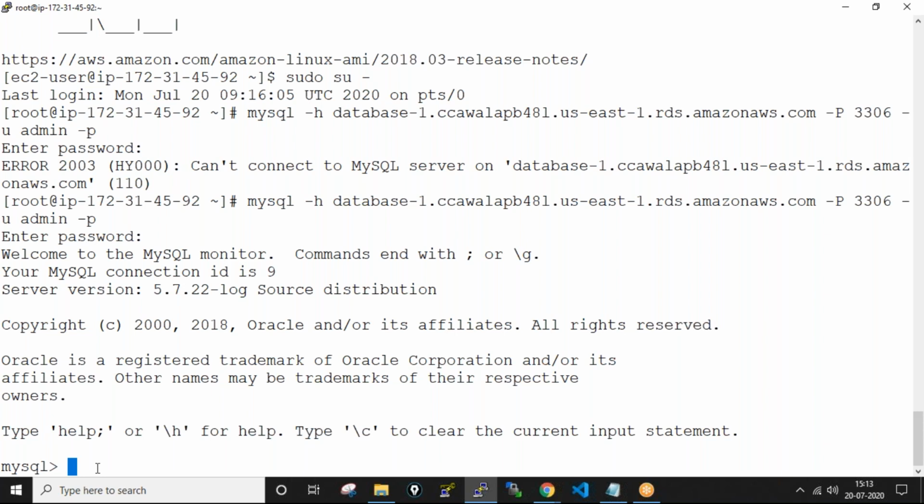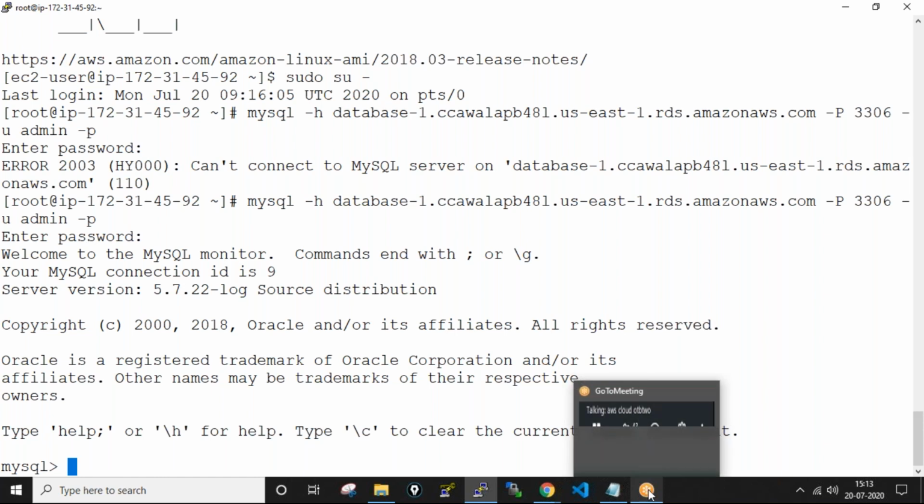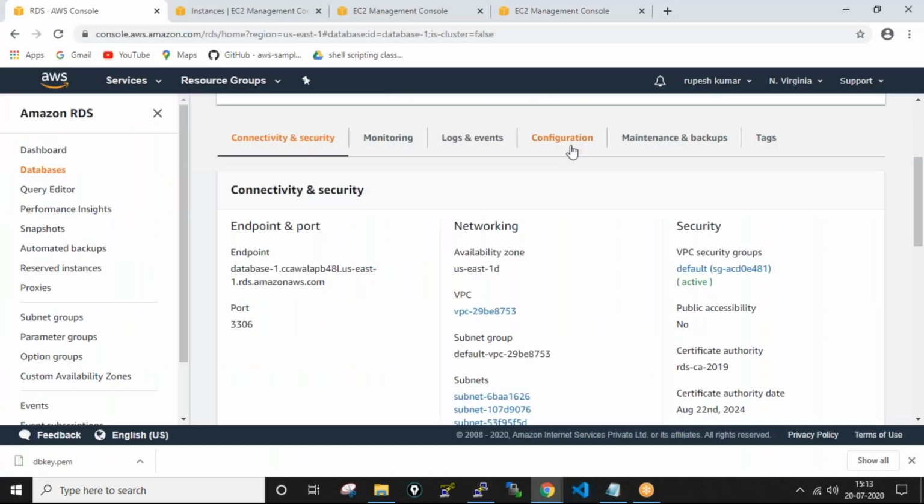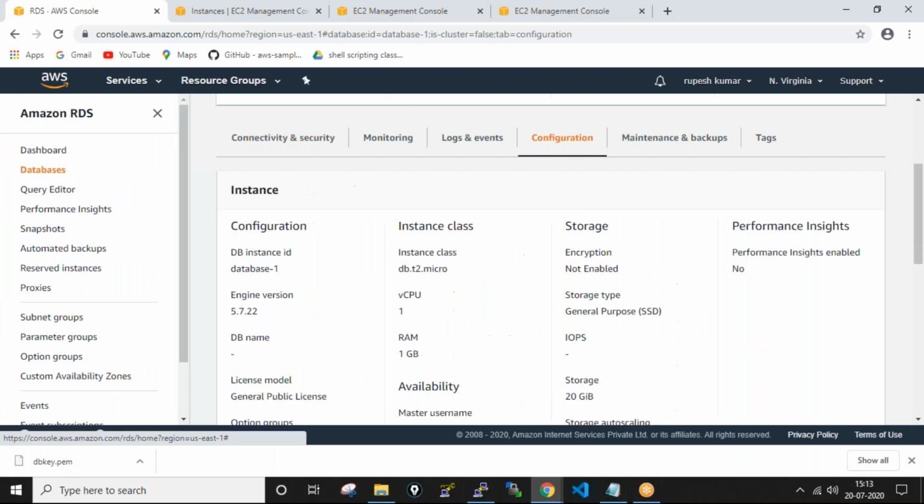Now, how do we check a particular database that we have created? For the first database, I have not given a database name. When you go to the configuration here, if you give a database name, you will find it here. For the first database I have not given the name, and for the second database I have given it.